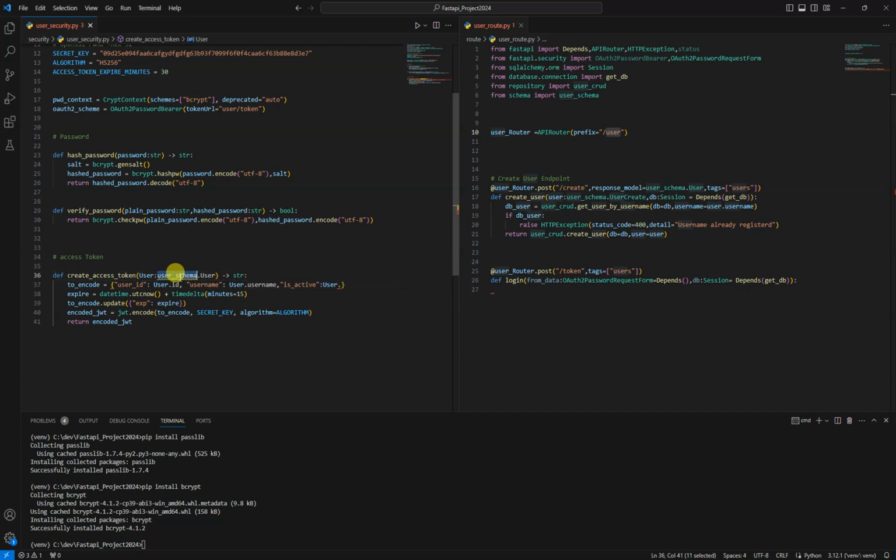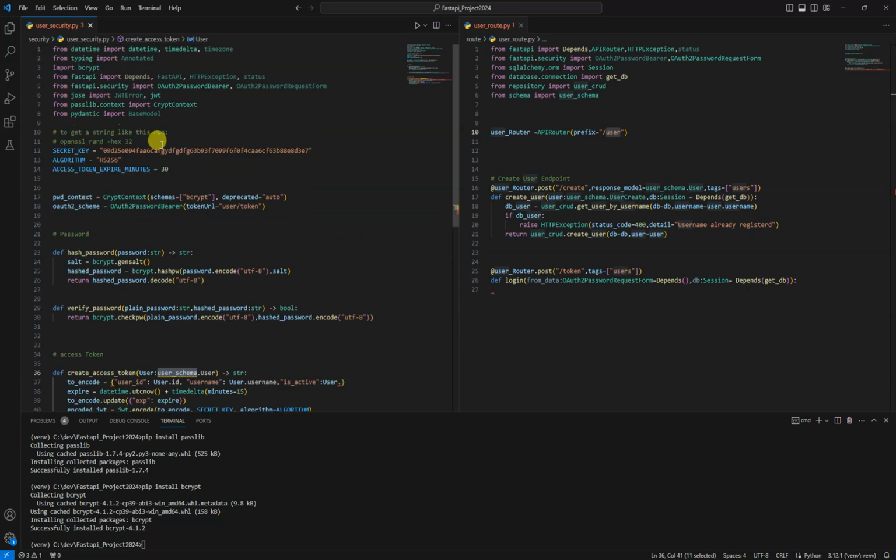Now it's not suggested because I didn't add it